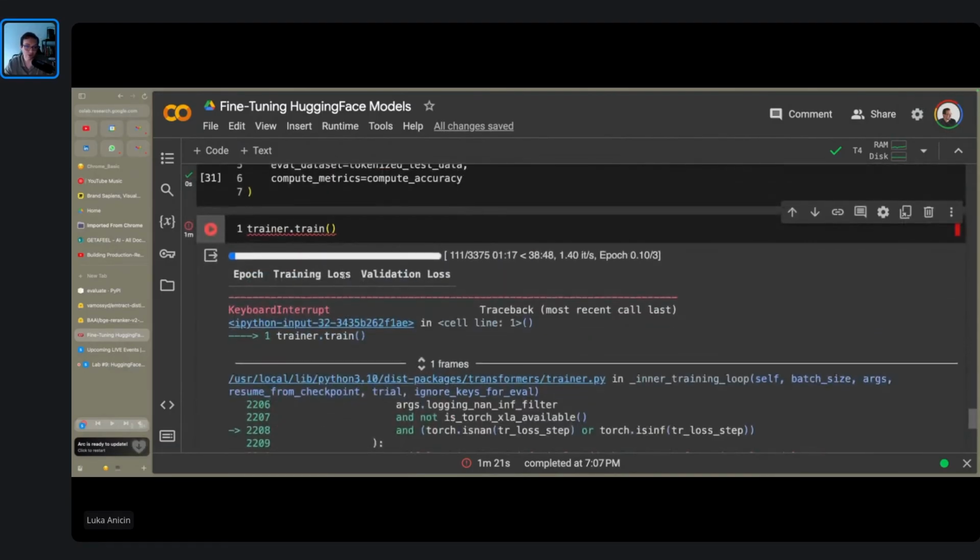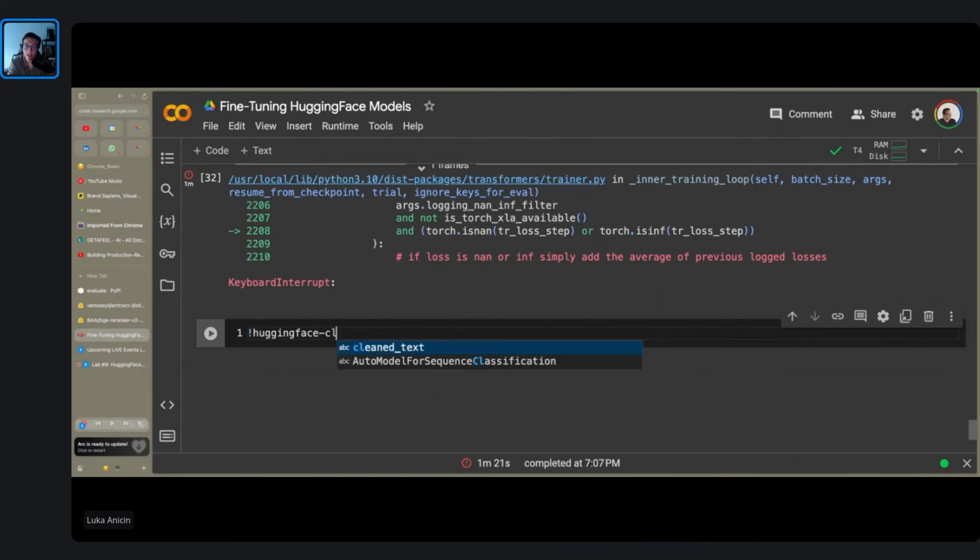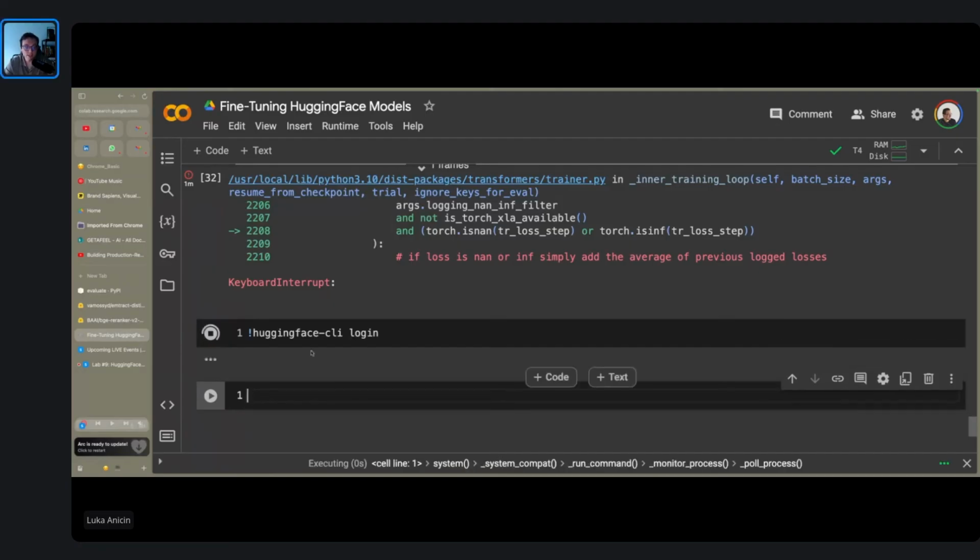We didn't wait for a long time, but now we are actually ready to push this model to our Hugging Face Space with one line of code. So the first step is to log in. Here I need to provide huggingface-cli login. And with this,